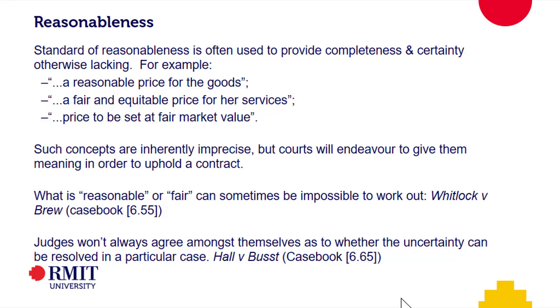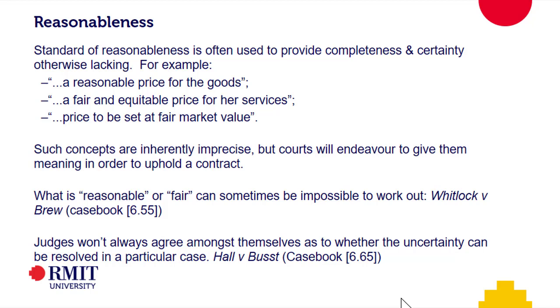Maybe that would be different if we were dealing with a bulk home purchase. You know, I enter into, as a domestic user of electricity, an agreement that says I'm going to pay, whatever it is, $1,000 a year for electricity, and I'll get enough. And there's a clause there somewhere that says, well, if my costs change, we can just change the price. And somebody comes along and tries to up it to $1,500. Different set of circumstances, perhaps. But in this particular case, we're looking at two lots of commercial people.